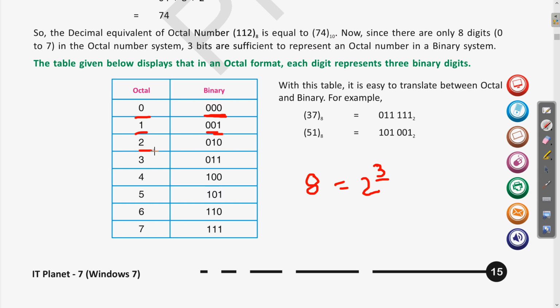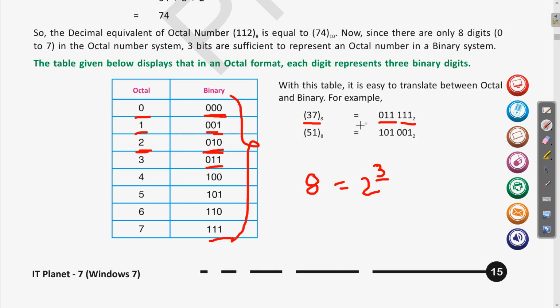Then 2, if you denote this 2 in binary, you can do successive division by 2 also. Clear? So this way, if you know the binary of these 0 to 7, then you can easily write any octal in binary. As I have told you earlier also, as you can see 37, the first one is the representation of 3. So for 3, here you can see we have written 0 1 1. Then 7, we have just checked, is 1 1 1, so 1 1 1.